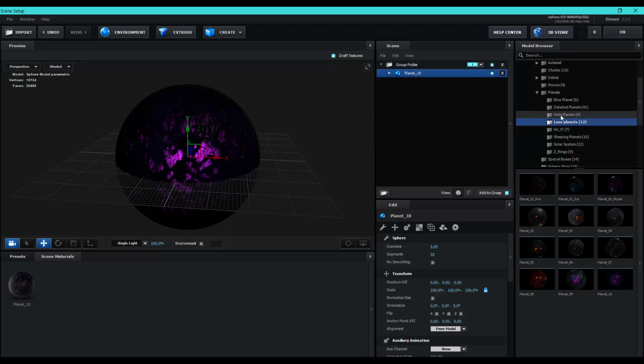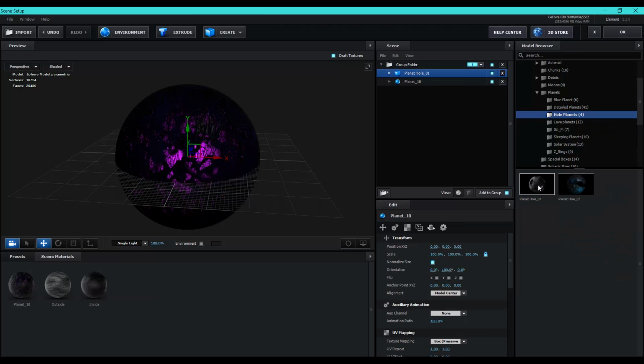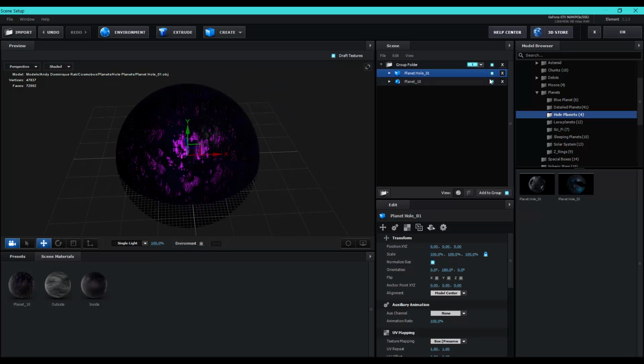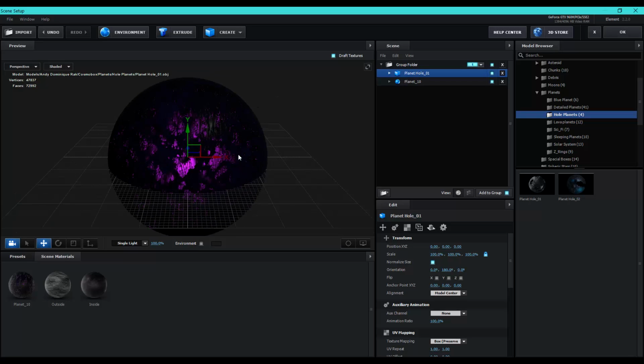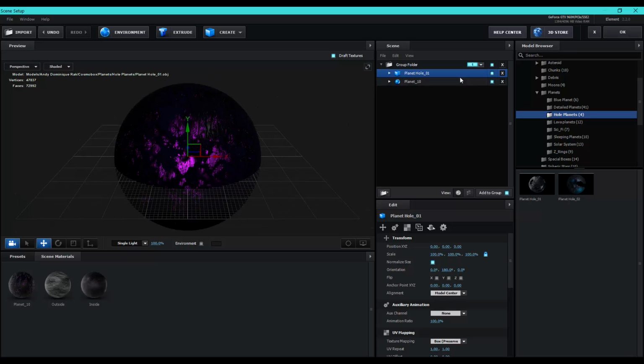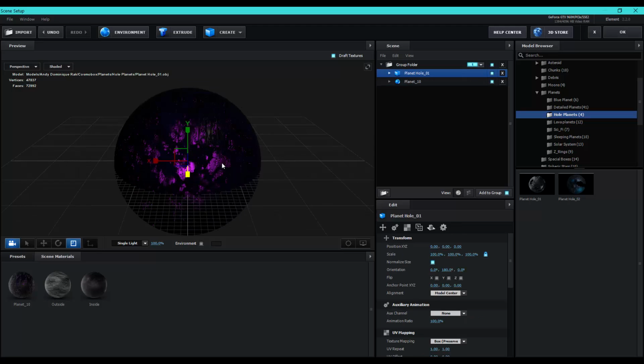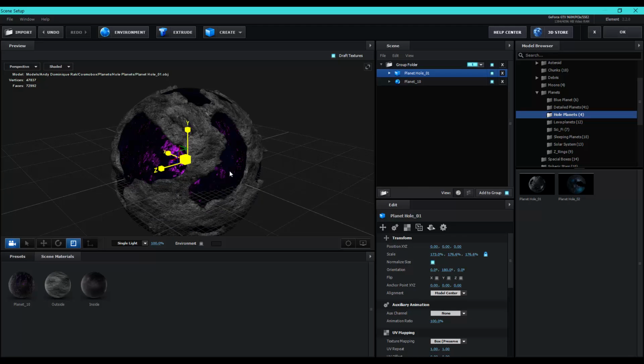Second thing, we need this. So it's there. It's a little bit small. So make it less small. And make this one bigger.